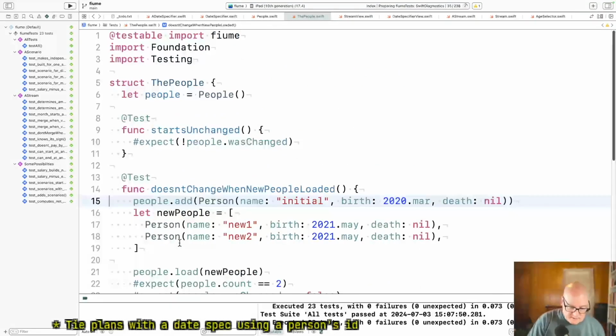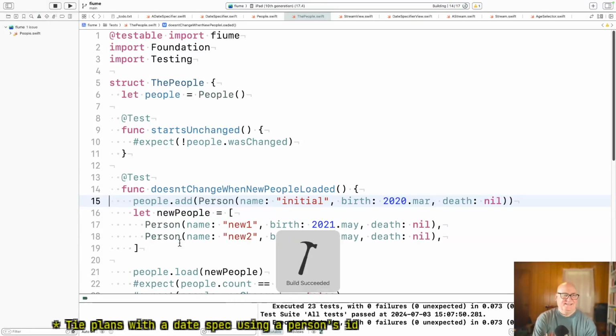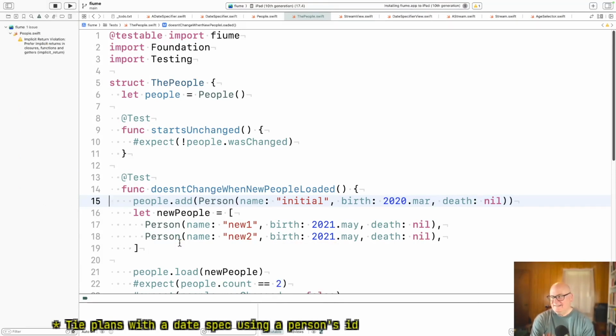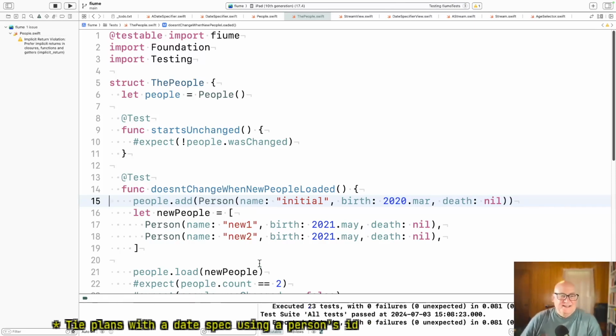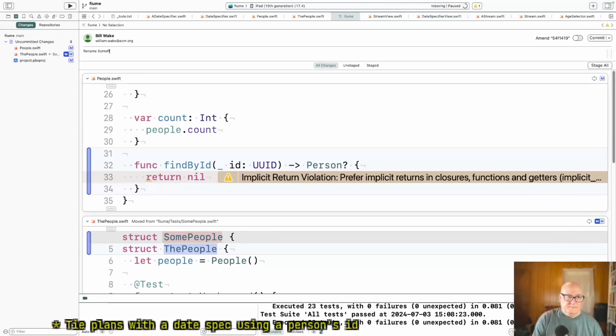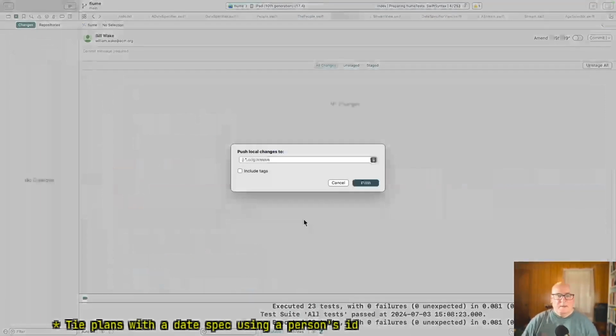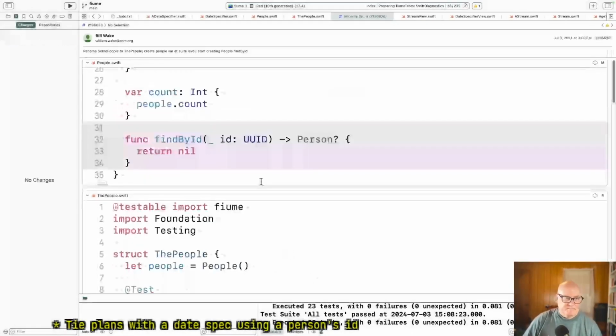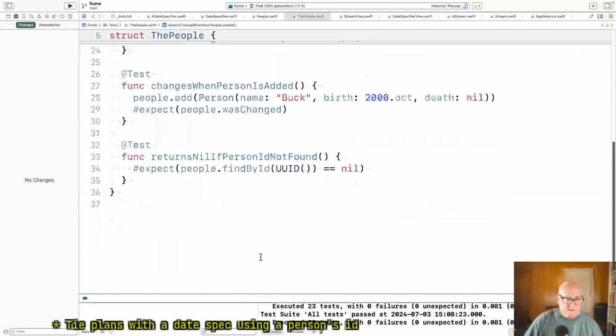Okay, good. Okay, good. Now a real find by ID test.